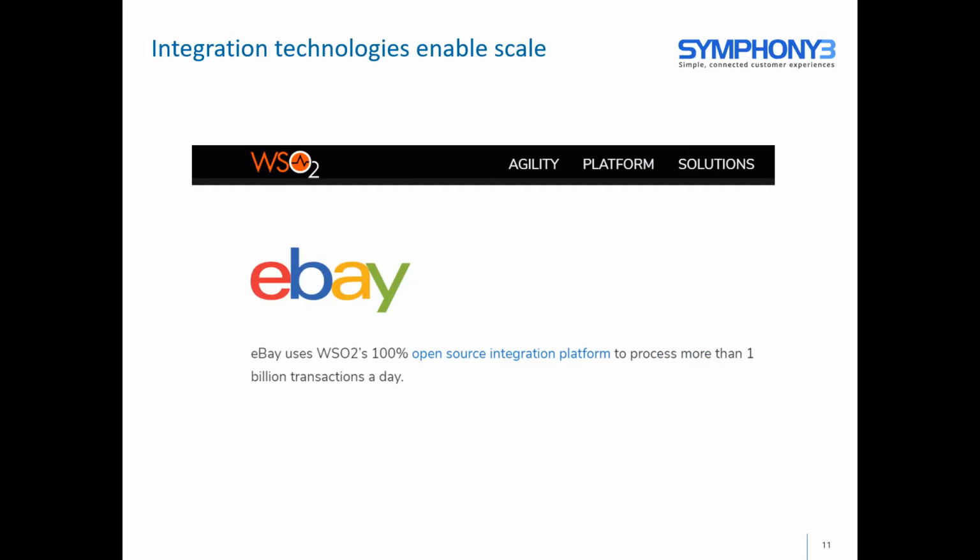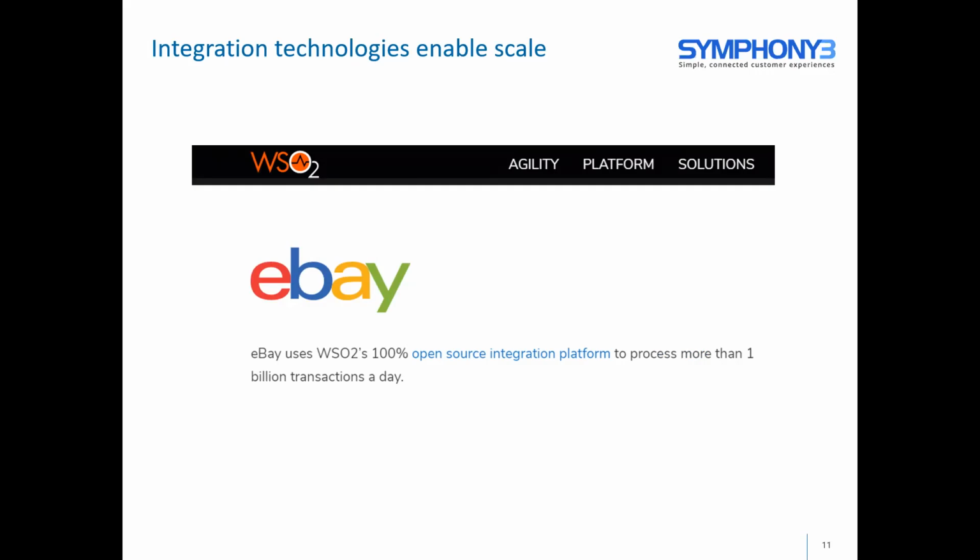So integration is really important in that case for presenting all that in that one place. Yeah, that's correct. I like this example from our partner WSO2. They run integration for them on their website, which is really connecting a whole load of different services via a simple interface. What gets you here is that they're processing more than 1 billion transactions a day, which shows the